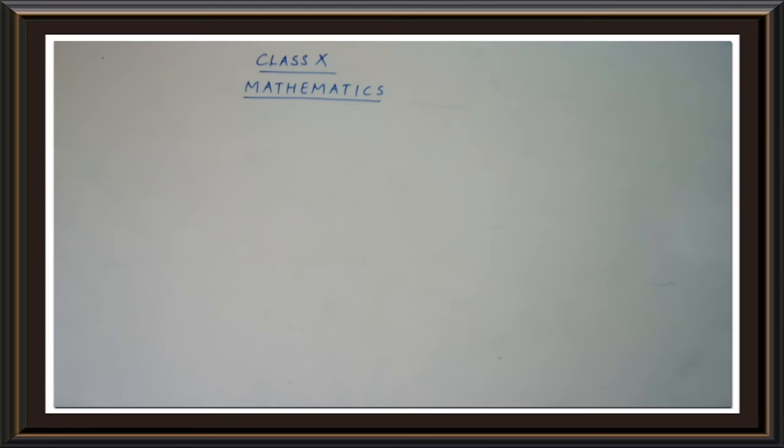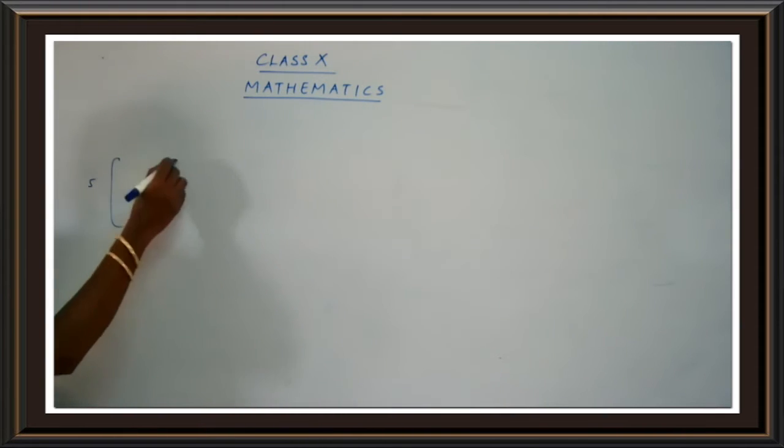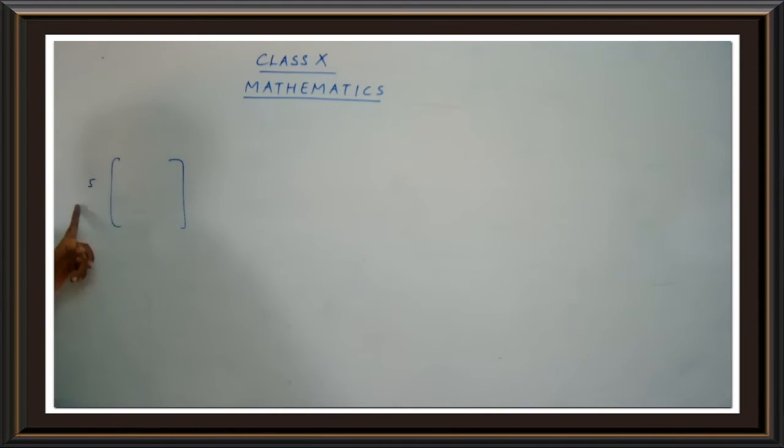Hello children, let's come back to our maths class. Today we are going to deal with a new operation of matrix. In the previous classes we have seen how to add a matrix and how to subtract a matrix, and not only that, you have just seen a simple multiplication by a number. Suppose you have a number and you have a matrix, you know how to multiply a number to a given matrix. So this was the thing that we have seen in the previous class.